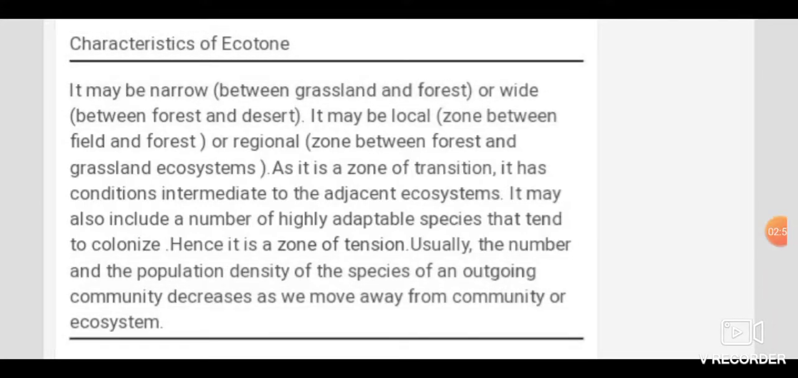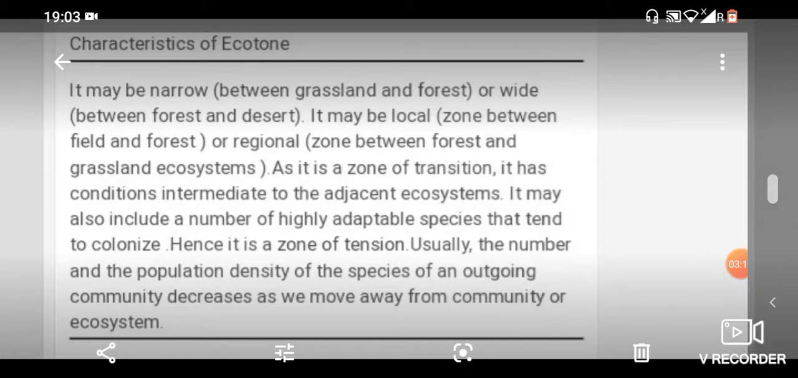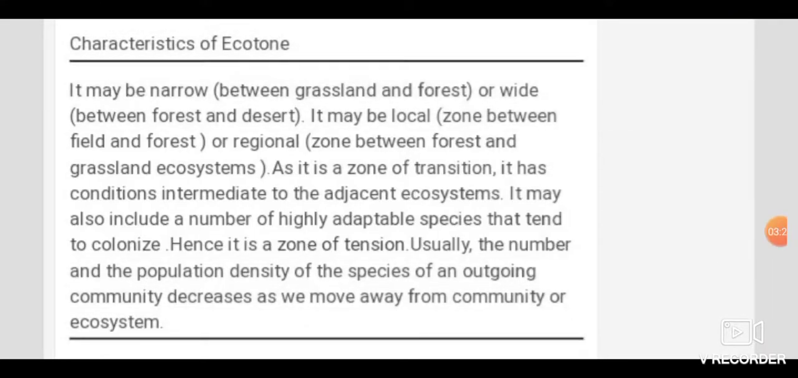Usually the number and the population density of the species of an outgoing community decreases as we move away from the community or ecosystem. Obviously, when we go away from the community, the population density of the species of an outgoing community decreases as we move away from the community of the ecosystem. Okay,